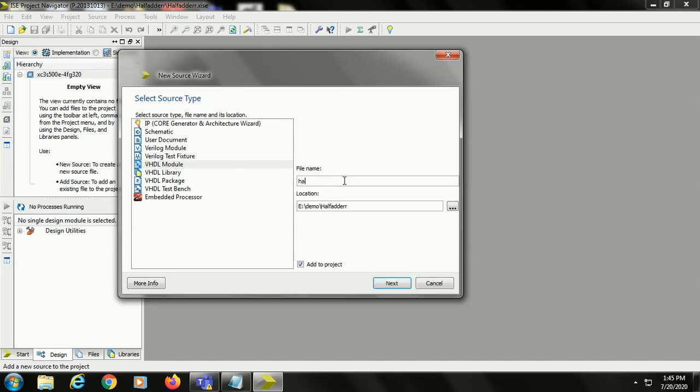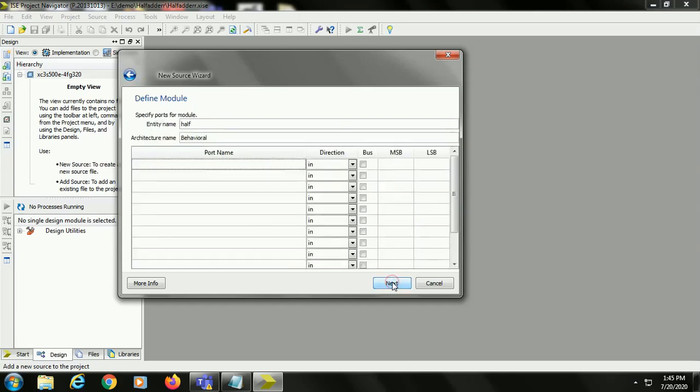Give the name here as half adder. So click on next. Now here the entity name is half adder, and the architecture name is, we are writing the program in data flow style, so that's why here I am writing data flow. You can write anything here, this architecture name is user defined.